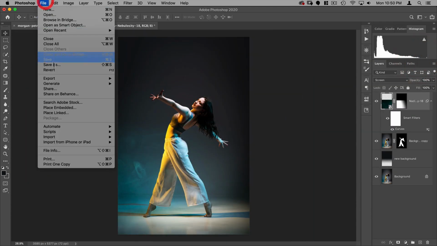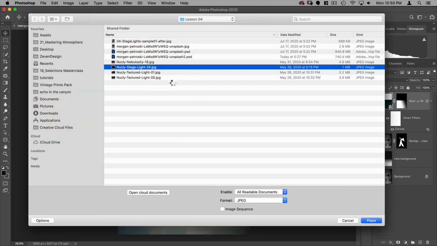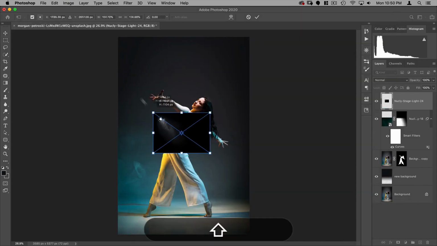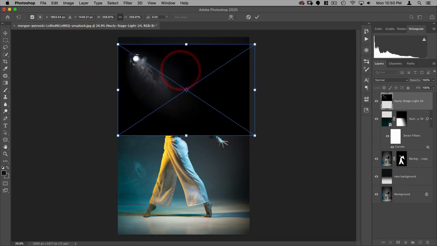All right, next let's go to File, Place Embedded. I'm going to grab the stage light. And this is a stage light, and I want that shining on her. Now, I want to scale this up, but from here. So if I grab this little anchor point here, I can put it where that is. And if you don't see the anchor point, click on this check mark.